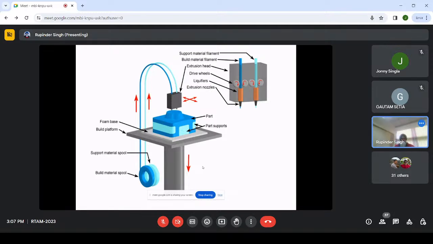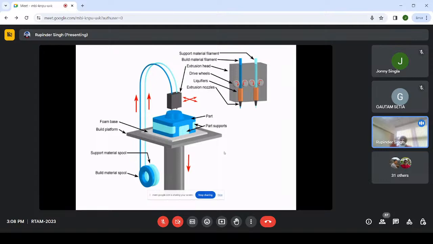Now some of you may have a query: why are there two different color wires? The answer is, in a printer like Stratasys, which is one of the pioneers in this area, and they held the patent for this process till 2018, they had a very good technology in which, suppose I am interested in some complex shape, some cantilever type shape. So what do we actually do in that case,